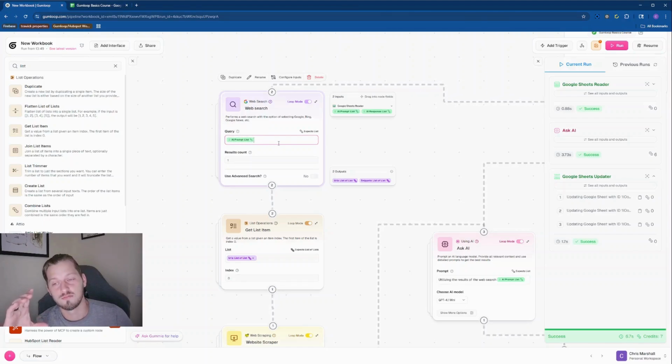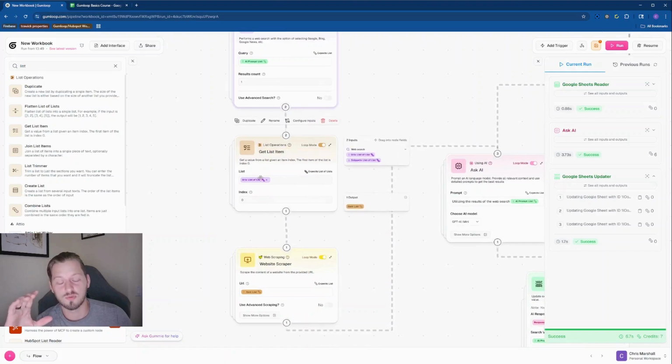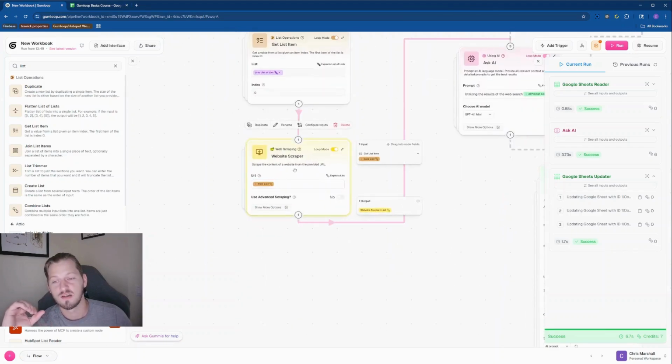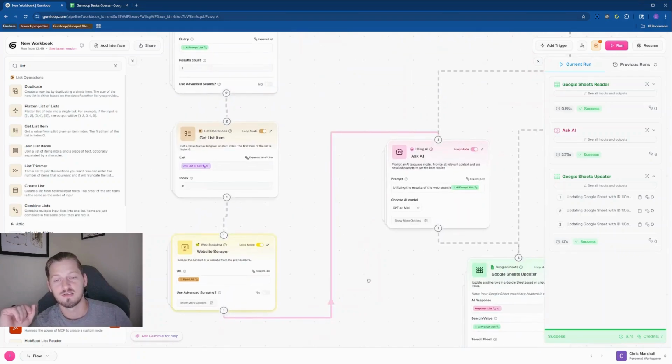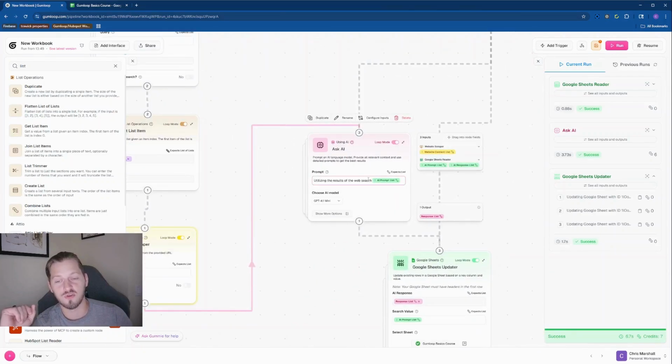for this prompt. All right. What we're going to do is we're going to say we want the first item of every single array of URLs. So index 0 of this list. And it is going to scrape that URL for every list. And then it's going to fit this in. So utilizing the results of the web search, and in parentheses,